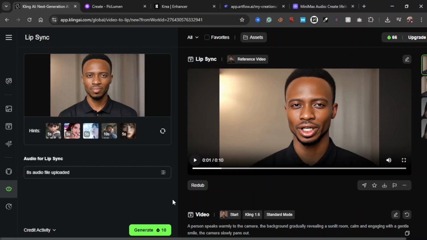So that's basically how you can use the lip syncing feature of Kling AI. Let me know how you find yourself using this tool. Is 10 seconds enough for you? Would you be able to clip up different 10-second videos or less to produce something meaningful with this? Let me know how you think you can use